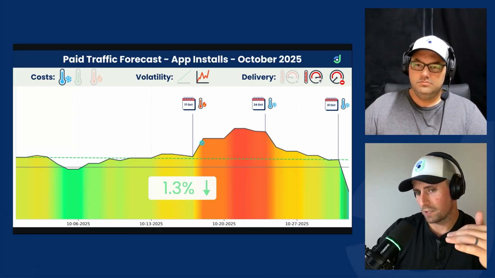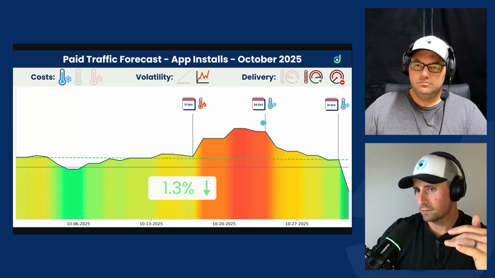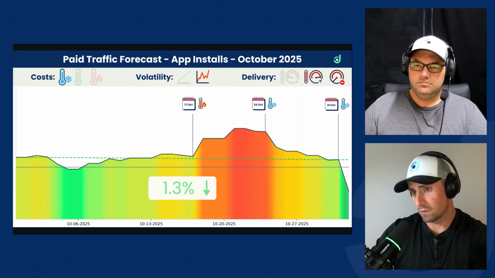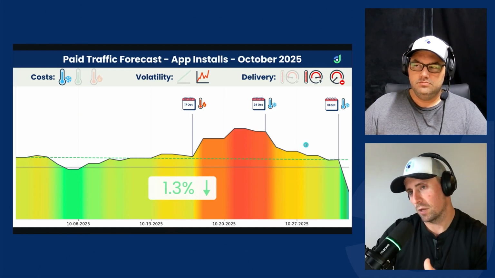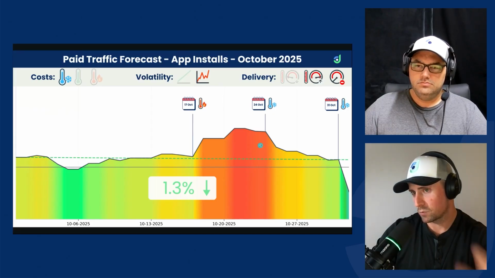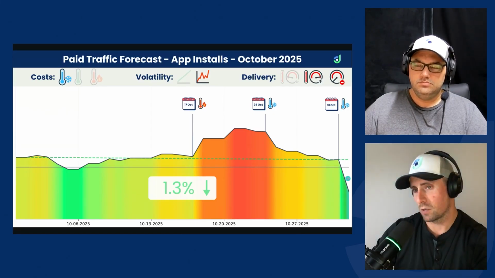And what's going to be happening is you're kind of loading the gun for what's going to happen on the 24th. So anything that you do here that's increasing bids, budgets, etc., it's not going to make a difference. And then what's going to happen is once we come off this camel hump, it's just going to completely dump on you. You're going to see over delivery and it's just going to make things worse. And then once again, as we head into the 31st, you're going to see another dump take place as we move into November.